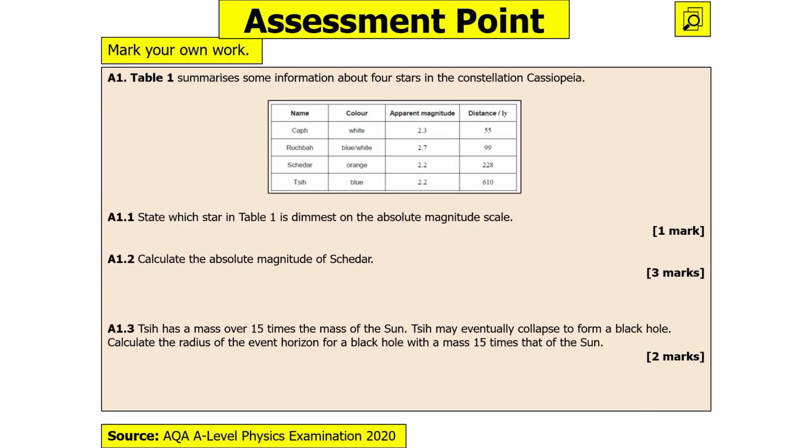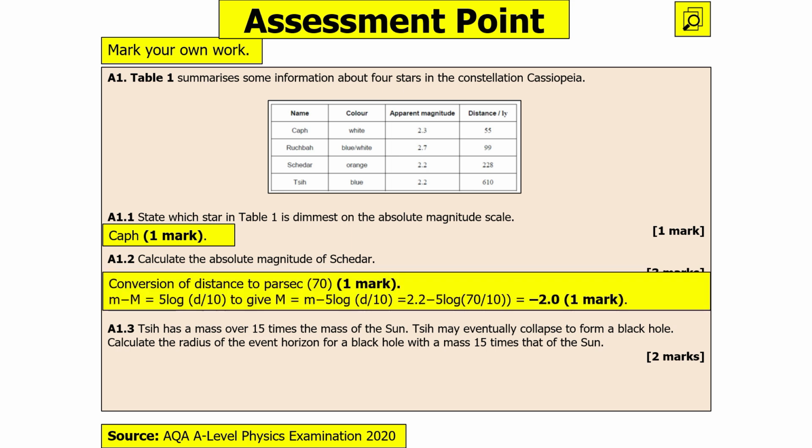Right, the dimmest one is going to be the one with the highest absolute magnitude, and you can work that through because they've all got approximately the same apparent magnitude, the same brightness from the Earth. However, they've all got different distances. So Kapf, because it's the closest to us, but they all appear the same brightness from the Earth, must be the dimmest, and Chush must be the brightest because it's the furthest distance away. You can work out the absolute magnitude by doing the equation m minus M equals 5 log d over 10. Remember, d has to be in parsecs, not light years, so convert that, and then you work it through